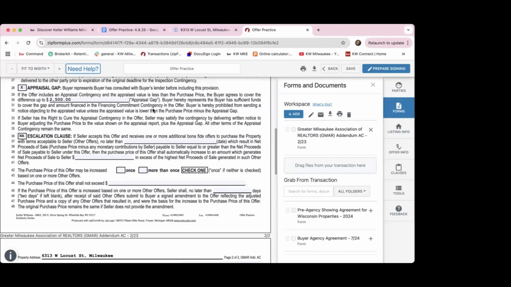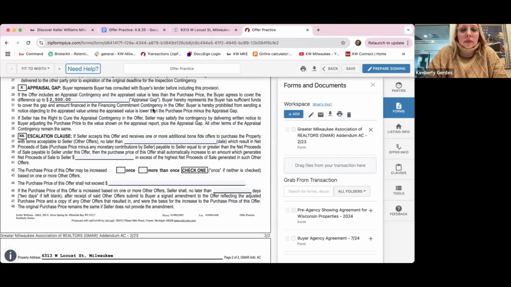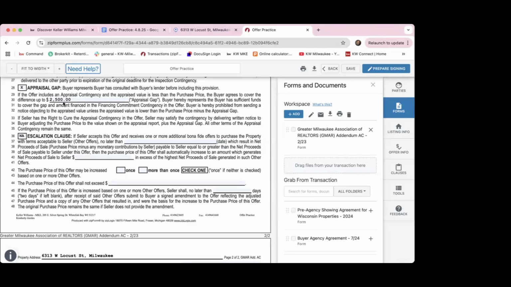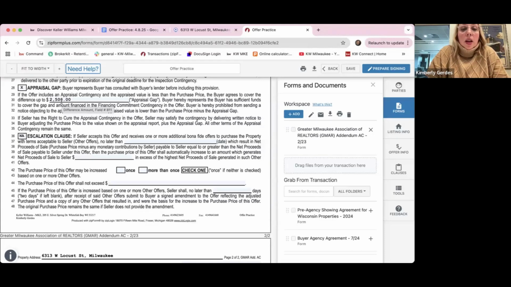So I'm a little confused here. If the offer they offered was $250,000 and then it was appraised at $249,000, the buyer would pay $1,000? Yes, they're paying the gap. So why would the buyer pay $1,000 if they already offered $250,000? The appraisal is coming in low. If an appraiser comes in and says the house is worth